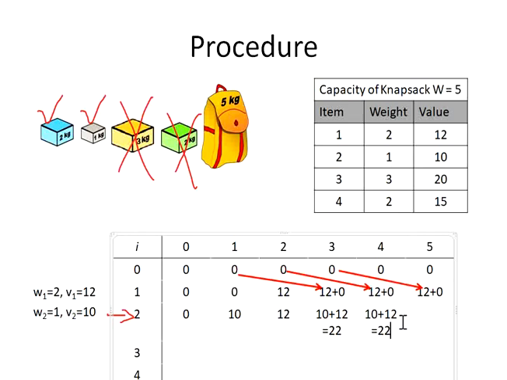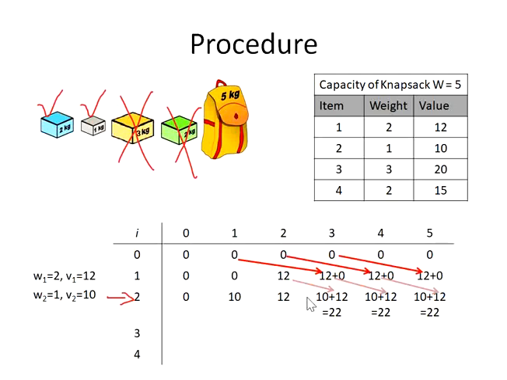Next, item 2 of weight 1 in a bag of 5. Yes, I can insert, and the profit earned is 10, plus how much is the weight remaining? I have utilized 1 kg, and 4 more kgs are remaining. The value of 4 in the previous row is 12. So this is added up with 12, which yields the profit 22. Then 22 is compared with 12, and this is going to retain 22 as the maximum value here.